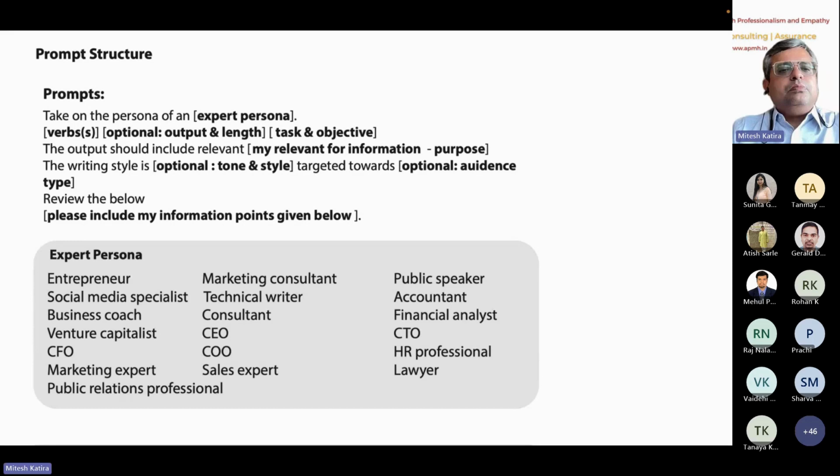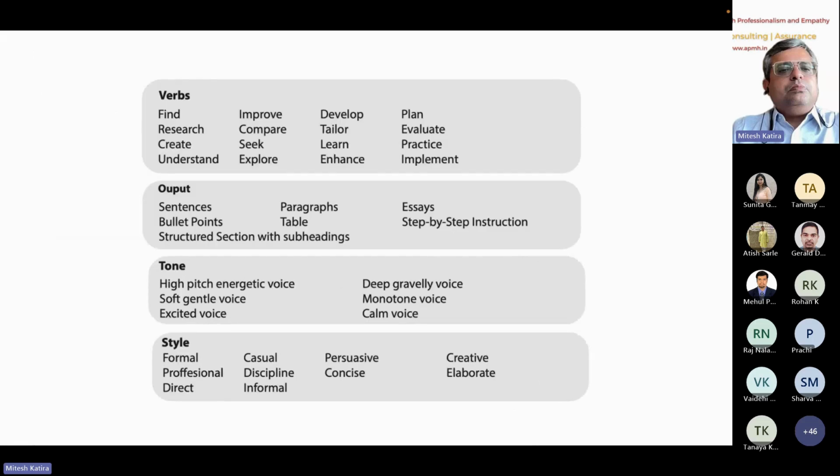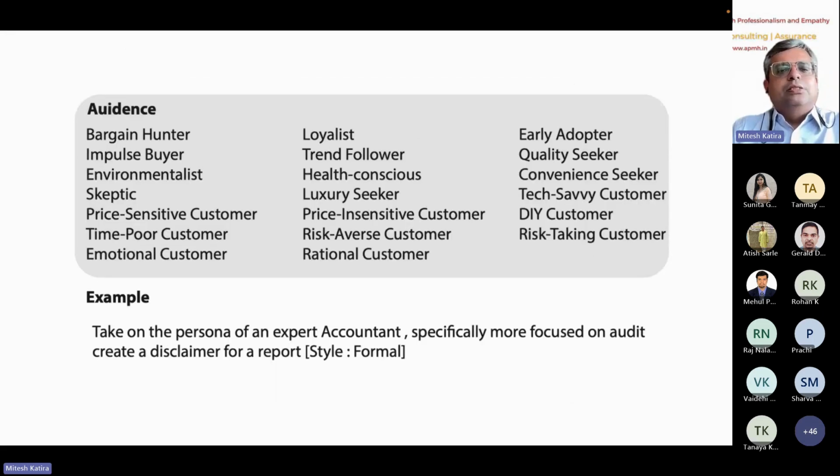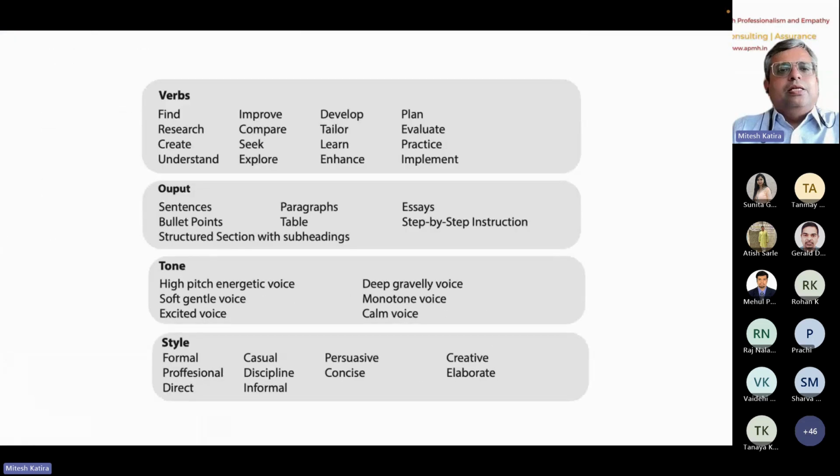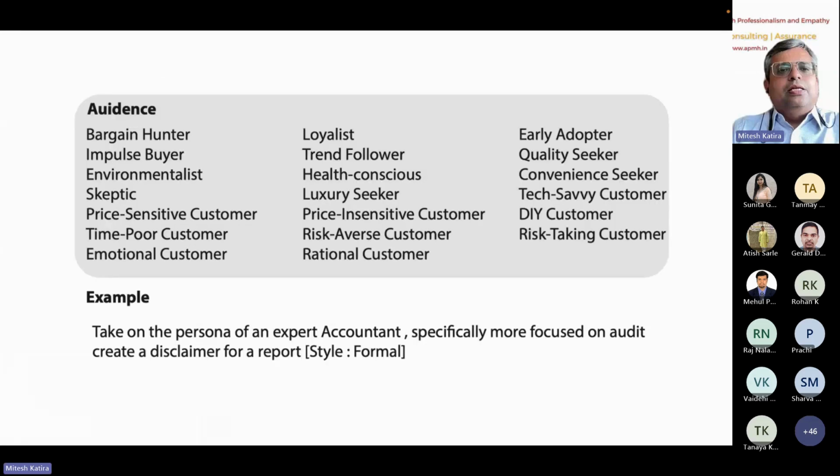कुछ ऑप्शंस जो पर्सोना फॉर्म करने के लिए चाहिए, कुछ ऑप्शंस जो वर्ब या कमांड के लिए चाहिए, आउटपुट के लिए चाहिए, टोन के लिए चाहिए, स्टाइल के लिए चाहिए। और ऑडियंस डिफाइन कीजिए। किसके लिए आप लिख रहे हैं, किस बारे में लिख रहे हैं, उसको ठीक से डिफाइन कीजिए। इतना करने से द क्वालिटी ऑफ आंसर्स विल बी वेरी वेरी हाई एंड इम्प्रूव्ड। ठीक है। सो दिस इज कॉल्ड एज प्रॉम्प्ट इंजीनियरिंग।